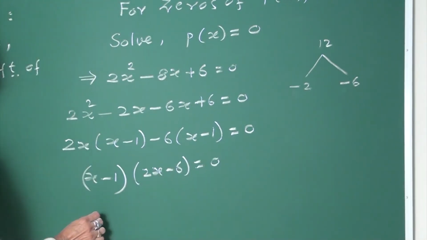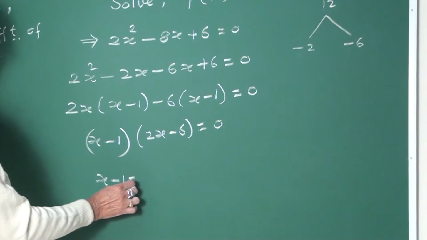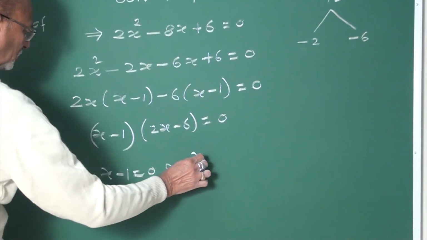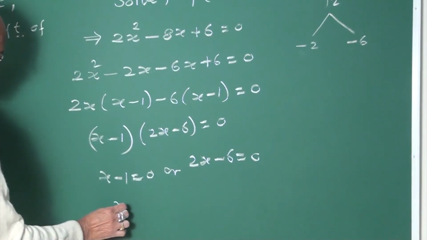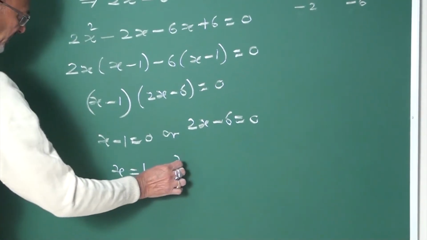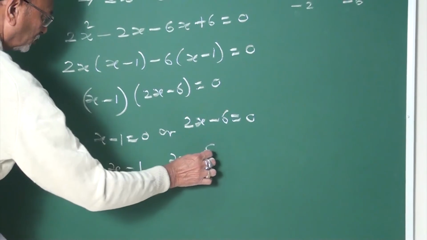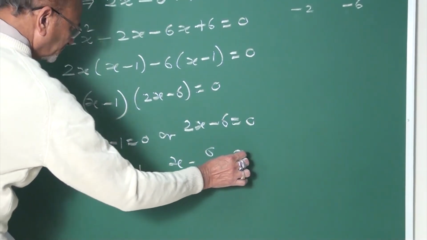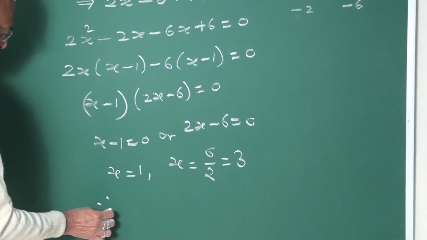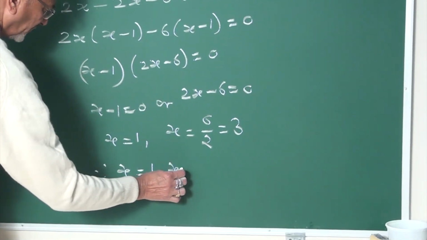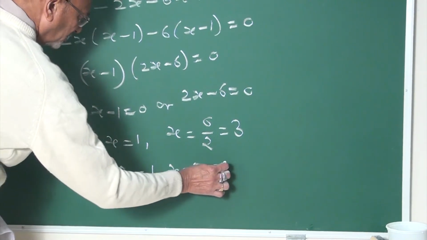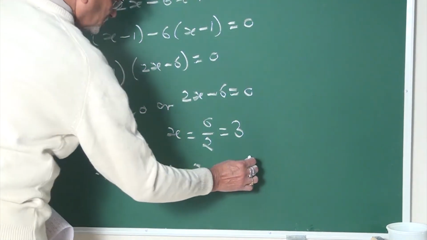From this, each one is 0. Therefore, x minus 1 is 0 or 2x minus 6 is 0. The value of x is 1 and x equal to 6 upon 2, which is 3. Therefore, x equal to 1 and x equal to 3 are two zeros